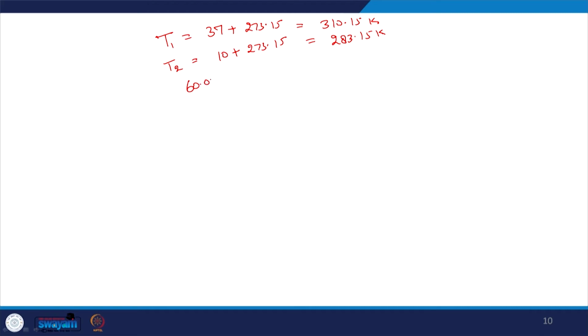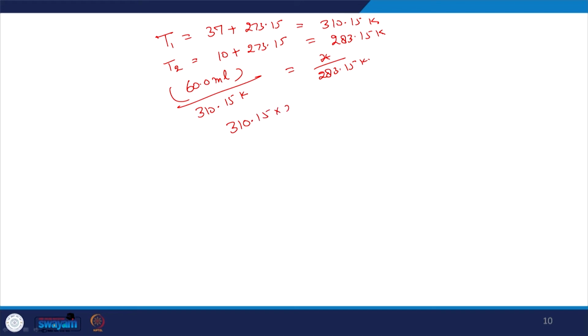So 60 ml over 310.15 Kelvin is x over 283.15 Kelvin. Now if we cross multiply, then we will get